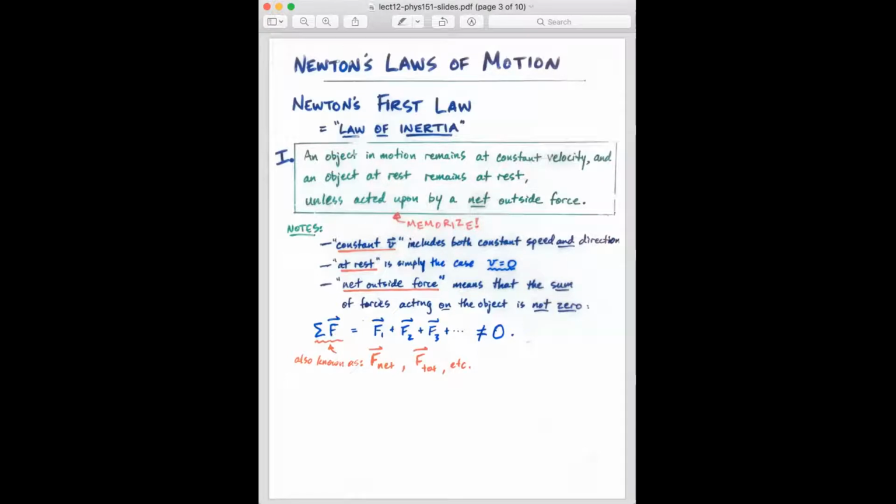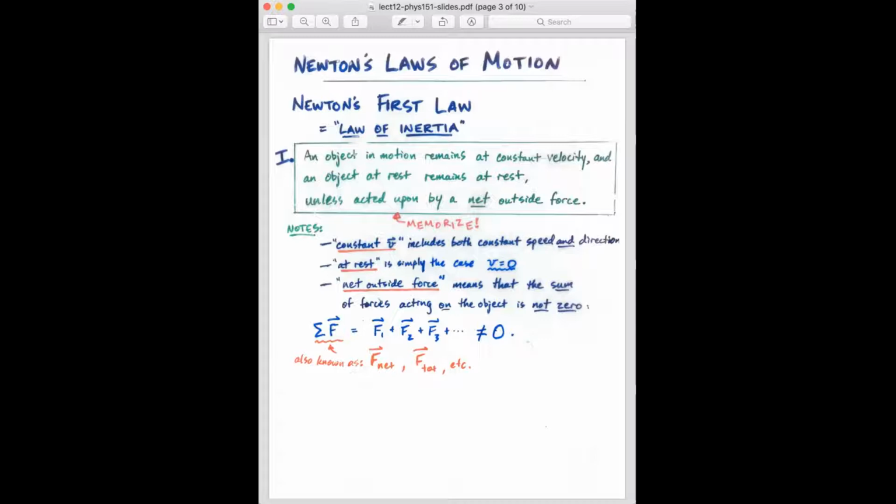All right, so let's talk about Newton's three laws of motion. Isaac Newton is known for a number of things in physics, and of course as one of the co-inventors of the calculus. But one of the things we remember him most for in physics is his articulation of what we call his three laws of motion. And they basically talk about